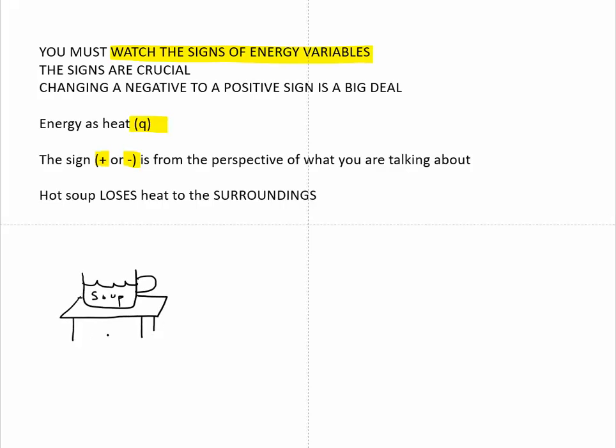And again, we're talking about energy transfer. So the hot soup, if we left it there for a while, over time, let's say that our hot soup is 100 degrees Celsius. Over time, our hot soup would no longer be hot anymore, right? If we let it sit there for 20 minutes, it's going to lose energy, lose its heat, and we might come back and it's only 70 degrees Celsius.